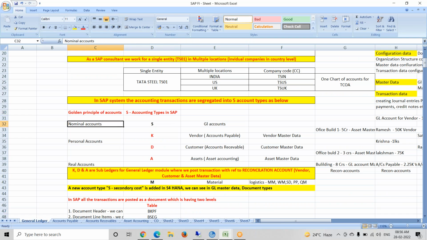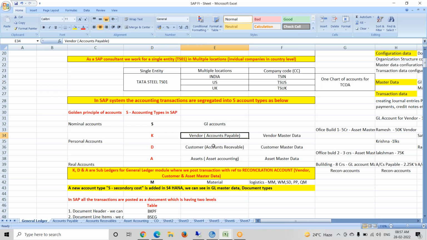Nominal accounts, personal accounts, and real accounts. Based on this, SAP has differentiated into 5 account types. All nominal accounts, all the GL accounts will be posted here. All GL transactions. Coming to the personal accounts like vendors and customers, they are differentiated as follows: